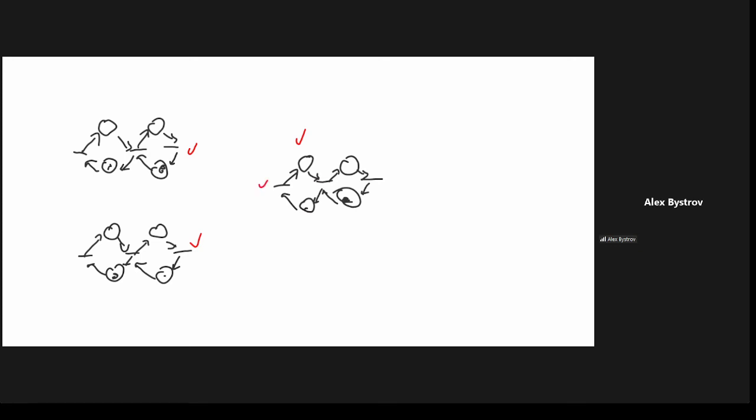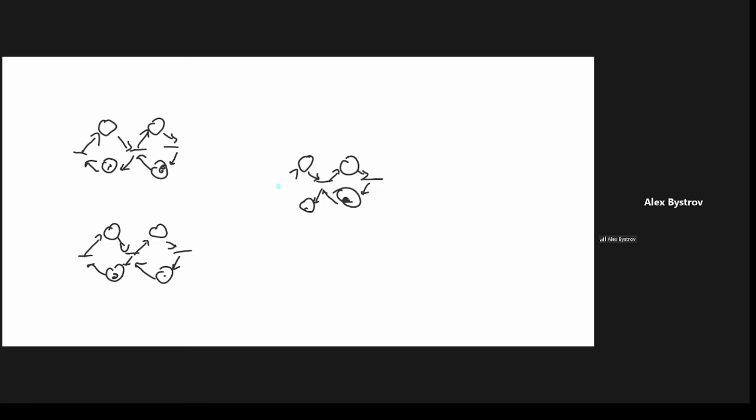So it means that this transition is sometimes the same as this one, or sometimes it is the same as this one. So this transition has two faces. It's two-faced, double-faced Janus. So how to deal with this?